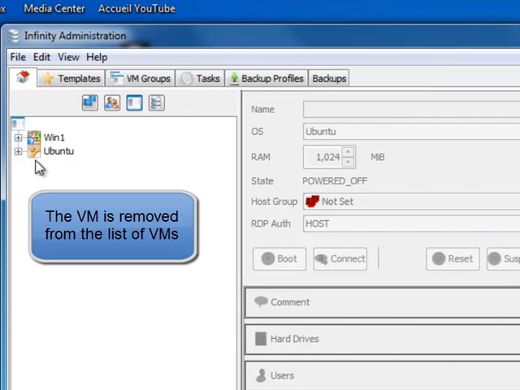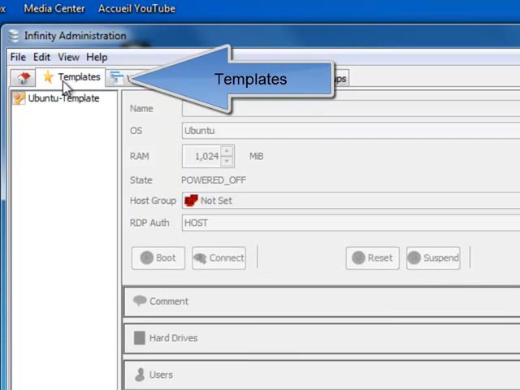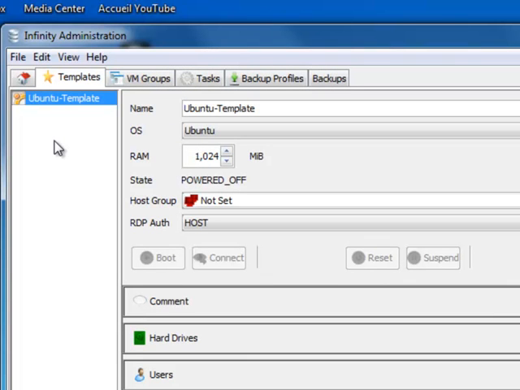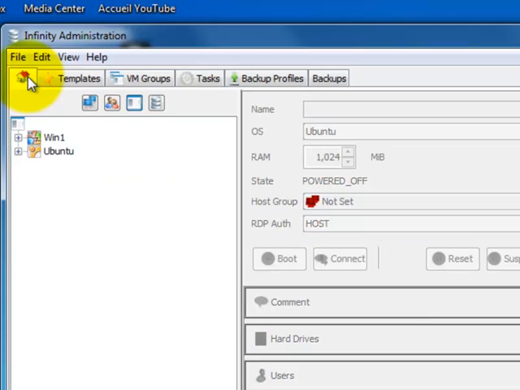The virtual machine is removed from the list of virtual machines. And if we go to the Templates tab, we can see that it is listed there. I can still make changes to this virtual machine. Going back to our home view,